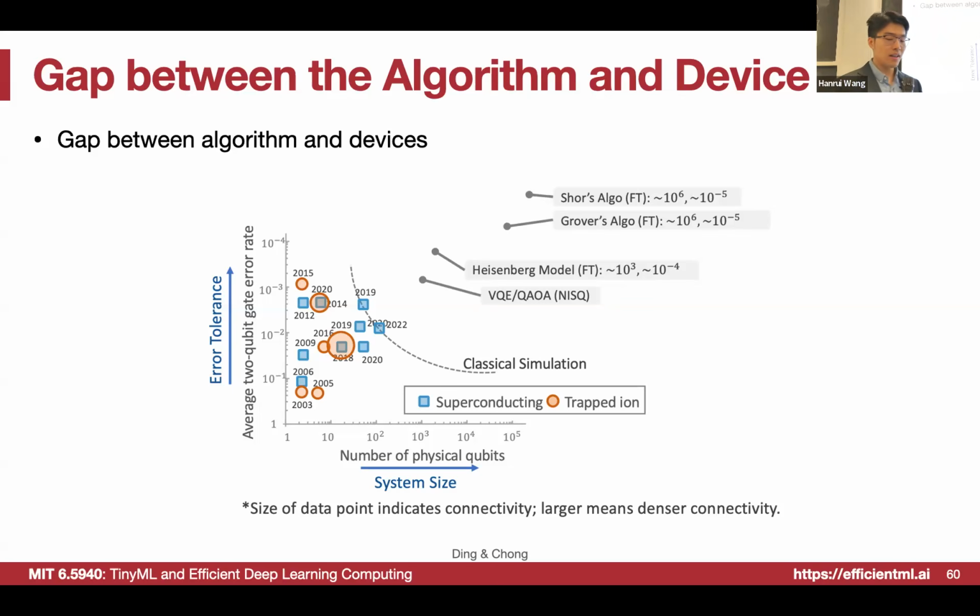So we can see there is still 1 order of magnitude on this dimension and maybe 3 orders of magnitude on that dimension to achieve the final holy grail of quantum computing advantage. So there is a gap between the available machines and the algorithm requirements.